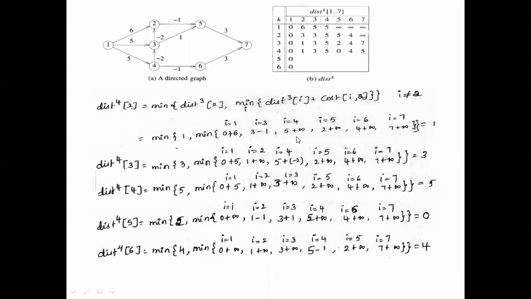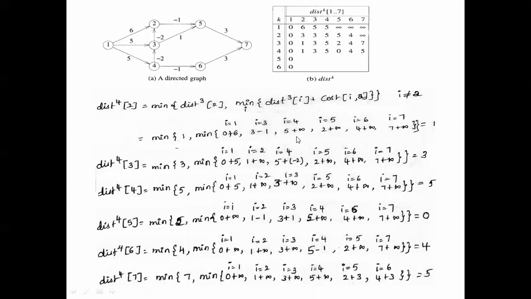That will be updated. So the minimum value for 6: from 1 it will be infinity, from 2 it will be infinity, from 3 also it will be infinity, from 4 it is 5 minus 1. So for 6, 5 minus 1 which is equal to 4, and from 5 it will be infinity, from 7 also it will be infinity. So the minimum value is 4, and for 7